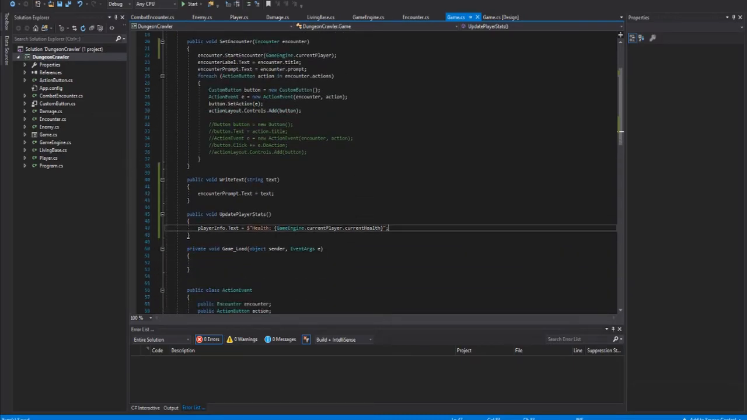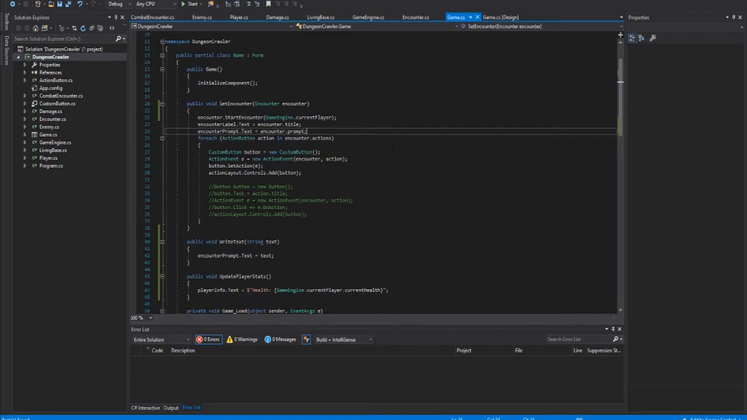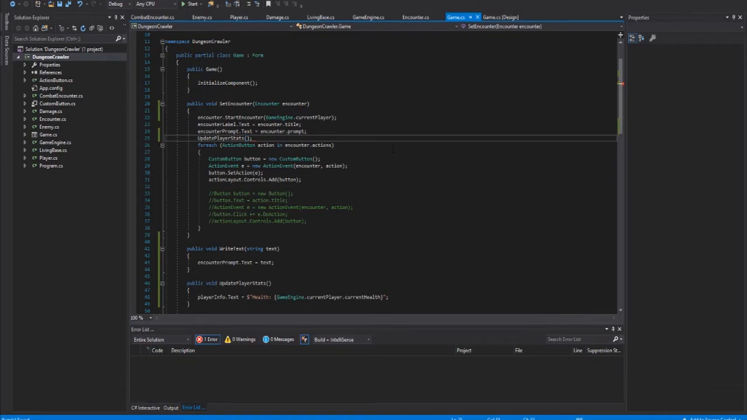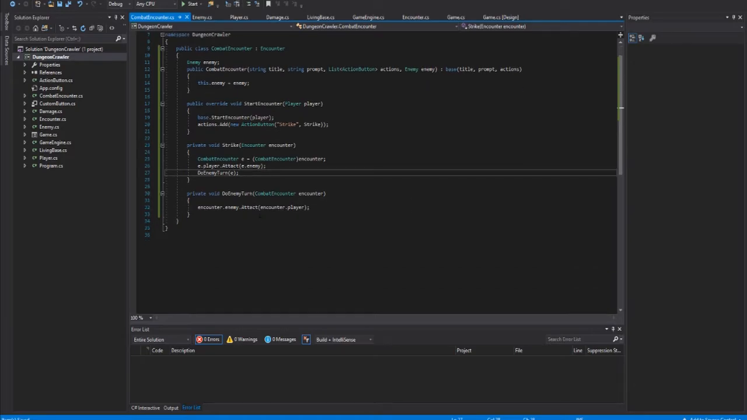We'll add in more things that we can update. When we set the encounter, we are going to want to update the player stats. And I guess we could replace this stuff with the write function, but honestly that doesn't matter. So what we are going to do, however, is go back into our combat encounter, and after the enemy's turn,